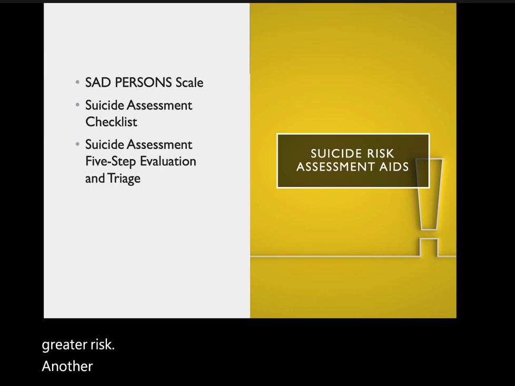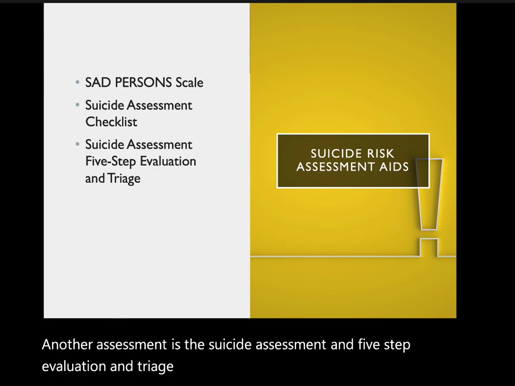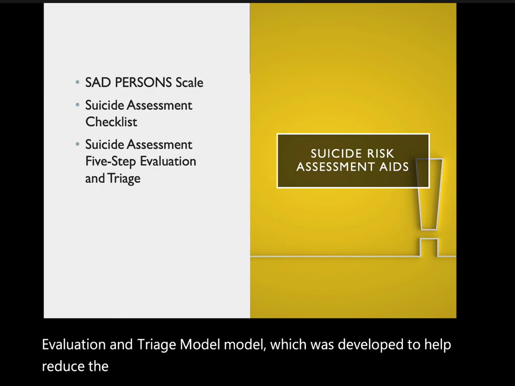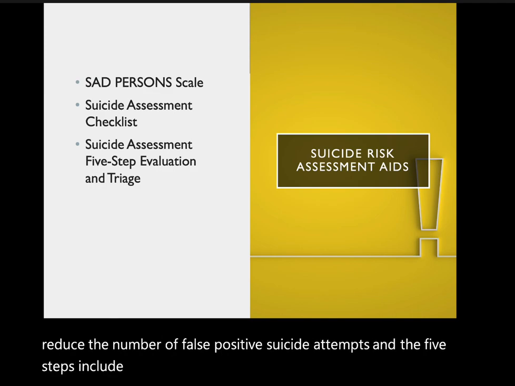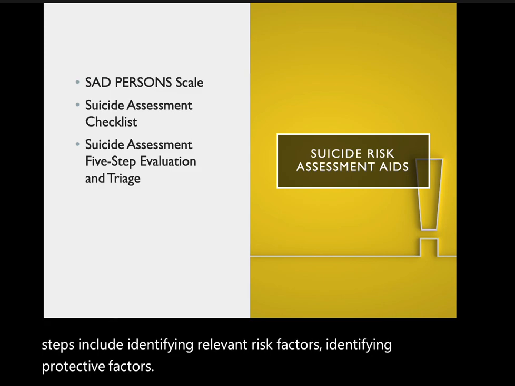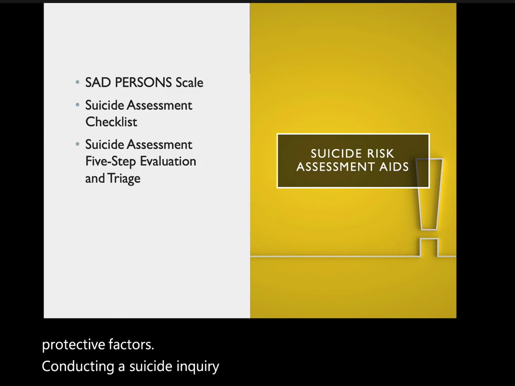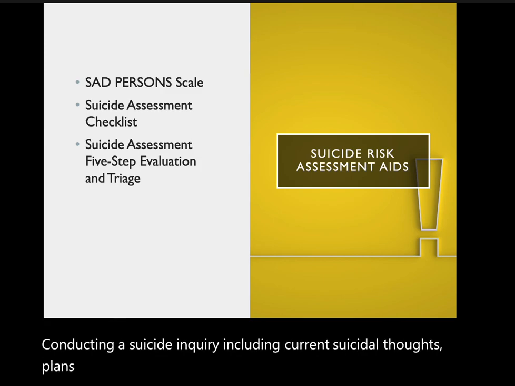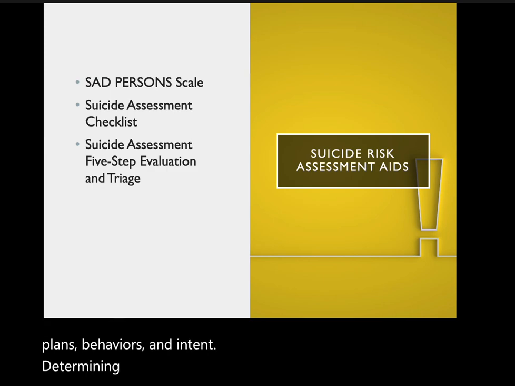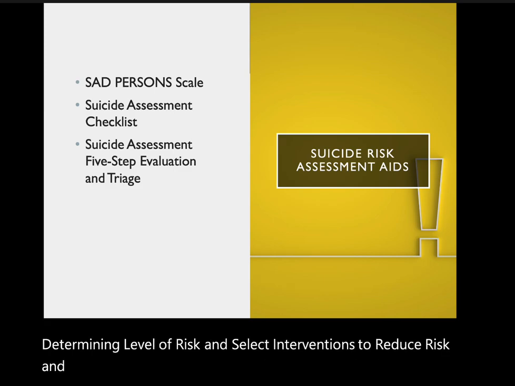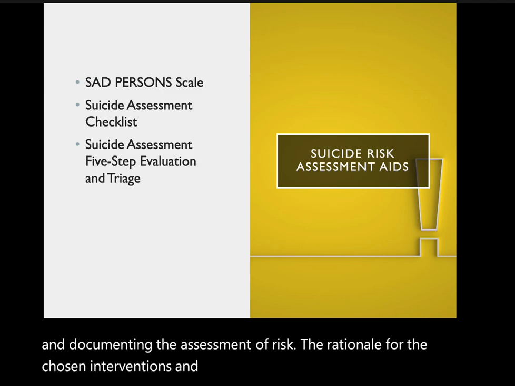Another assessment is the Suicide Assessment Five-step Evaluation and Triage model, which was developed to help reduce the number of false positive suicide attempts. And the 5 steps include identifying relevant risk factors, identifying protective factors, conducting a suicide inquiry, including current suicidal thoughts, plans, behaviors, and intent, determining level of risk and selecting interventions to reduce risk, and documenting the assessment of risk,